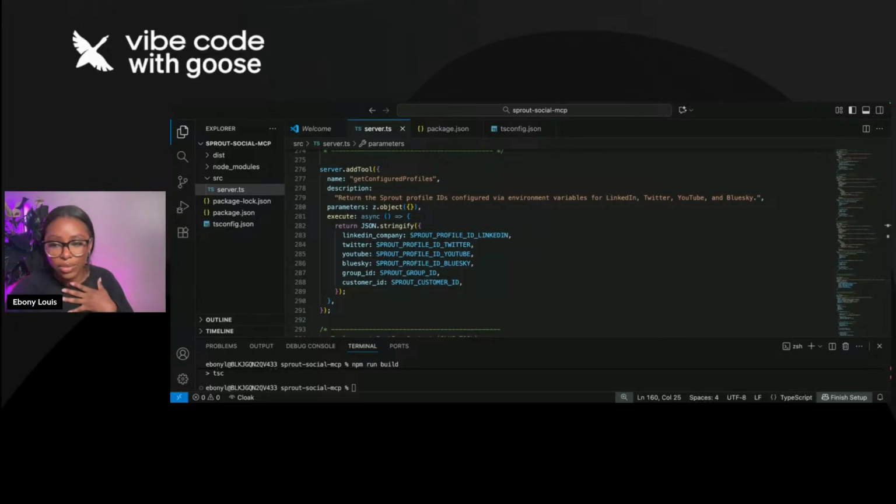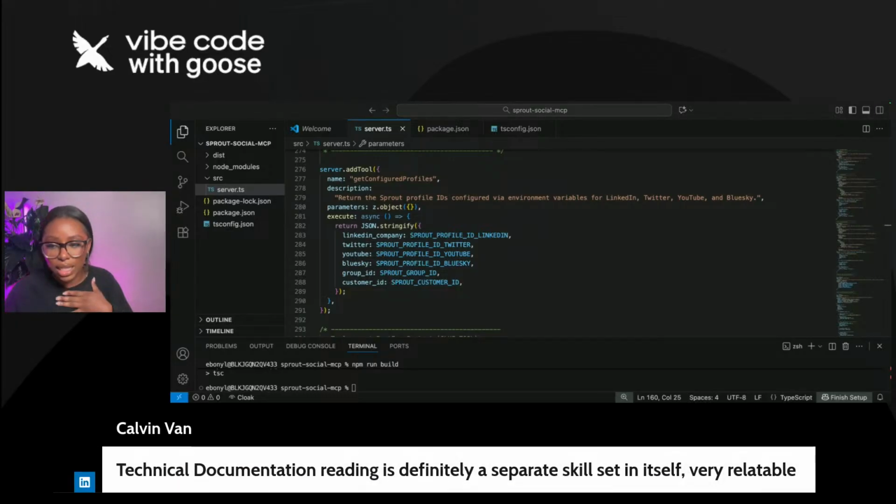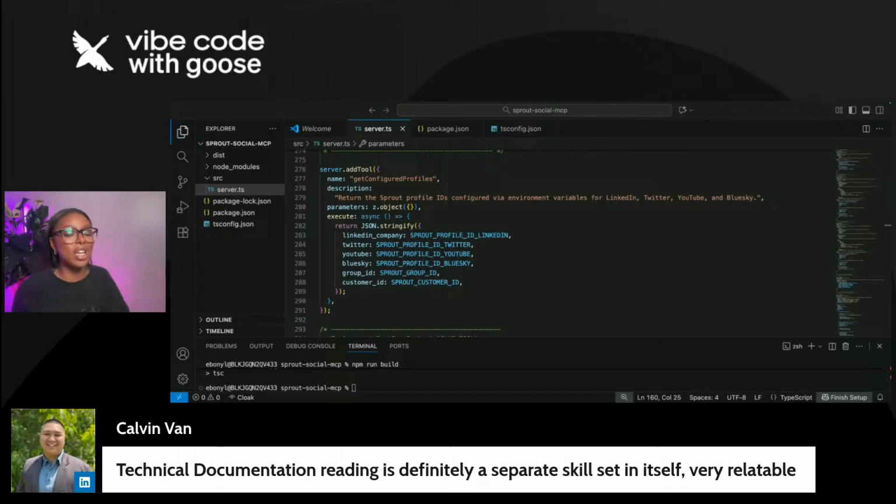Let me see. See, technical documentation reading is definitely a separate skill. It is. It really is. I just don't want to read it. And I know it has all the important information, but for some reason, I'd rather just go in blind, try to figure it out, code it, and then get mad and frustrated when it doesn't work. And then I'll go and read and realize, oh, there was a whole